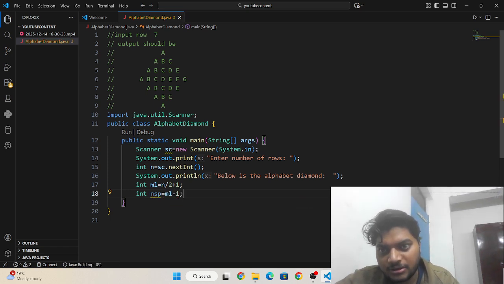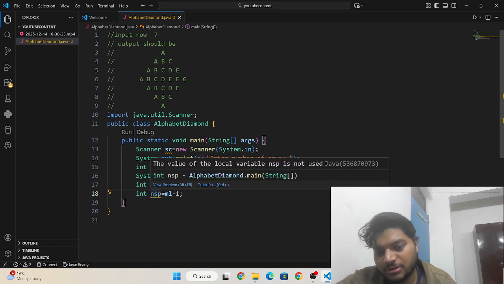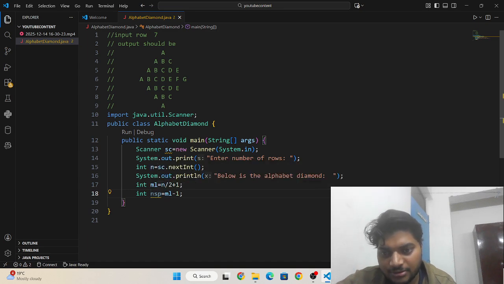You can see the first row has 3 spaces. The middle row is 4 and the number of spaces is 3, so that's why I have subtracted 1 from the middle row.